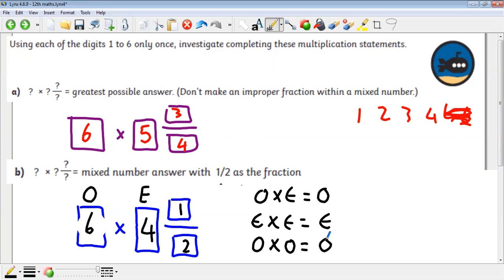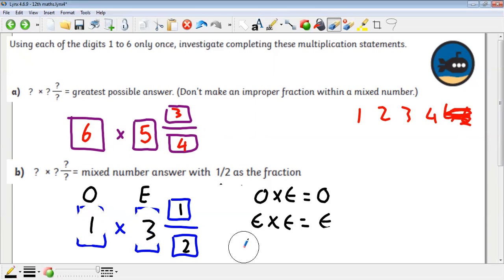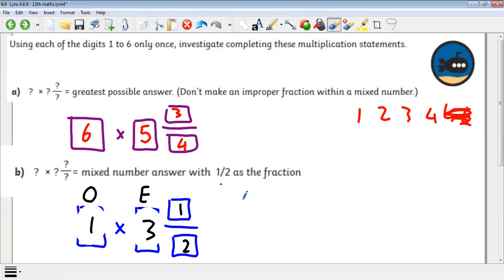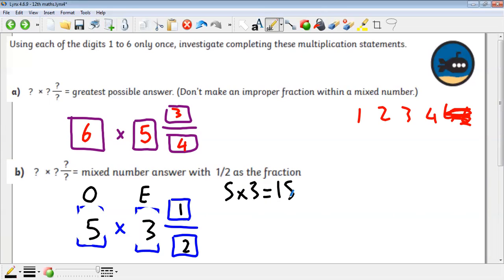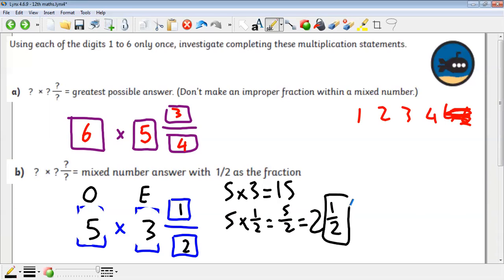So it could give, try it with 1 and 3. 1 lot of 3.5 is obviously going to be 3.5. We've used the 1, so we could do it with 5. 5 times 3 is 15, and then 5 halves is going to give you 2.5, which gives you that little bit dangling off the edge like I was talking about. Okay, so as long as you don't put 2 even numbers into the whole number boxes and you keep the half in the end,